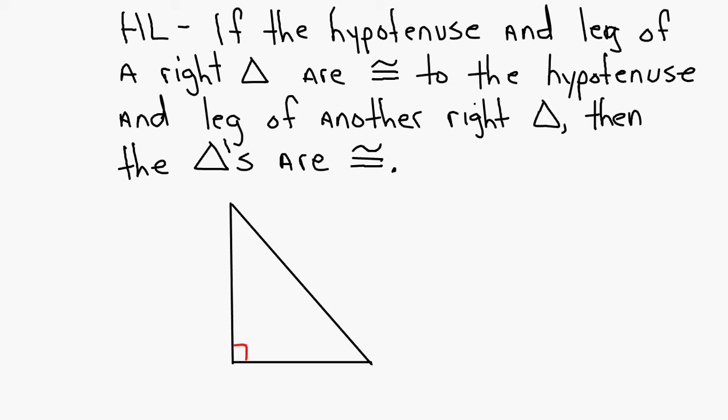So in a right triangle, the side opposite the right angle is always the hypotenuse. So if the hypotenuse and a leg of one right triangle